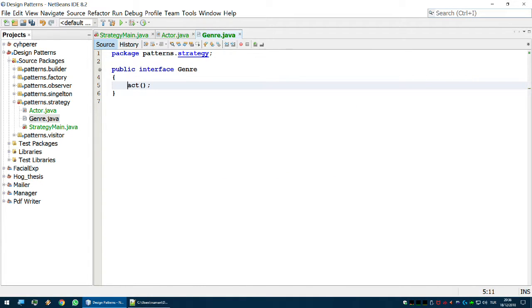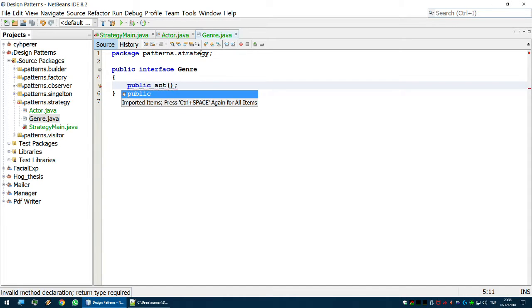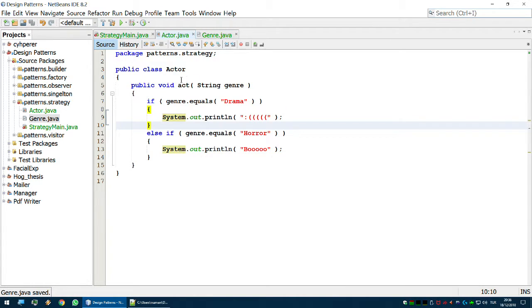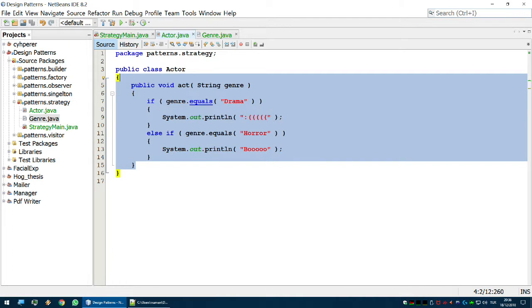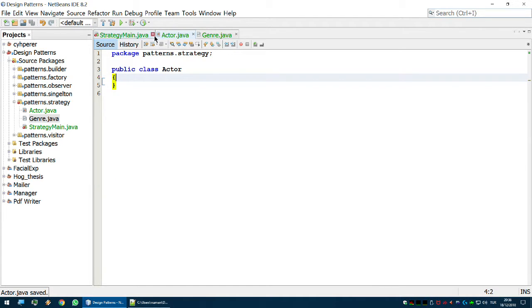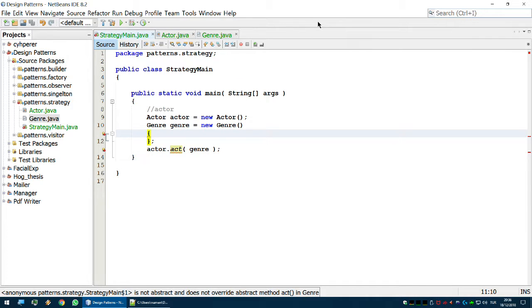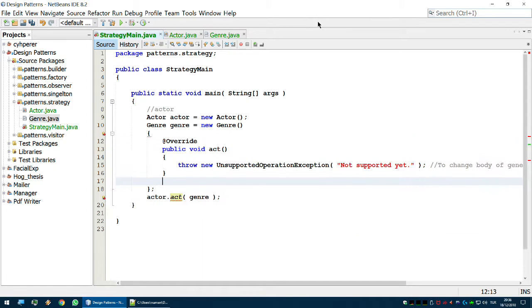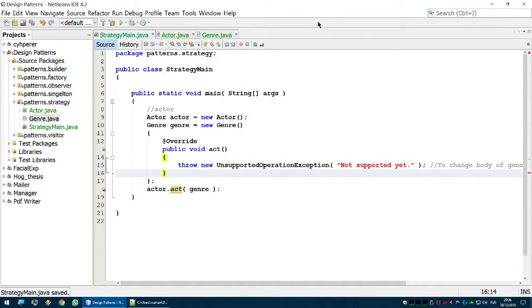here, like this. Sorry. Okay, this will be void. Now we have taken the method of acting to the interface. Alright, we are not gonna need this method. We will implement it inside the implementation, inside the instantiation, and it will be override act like this. Okay,